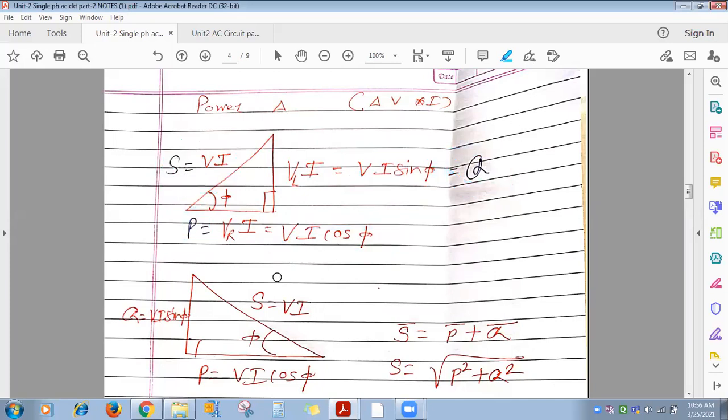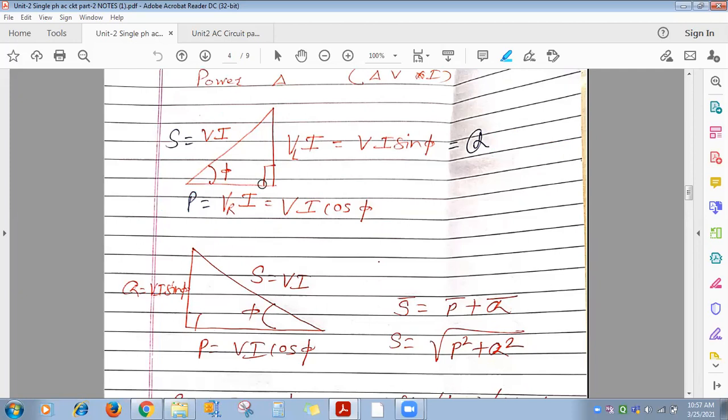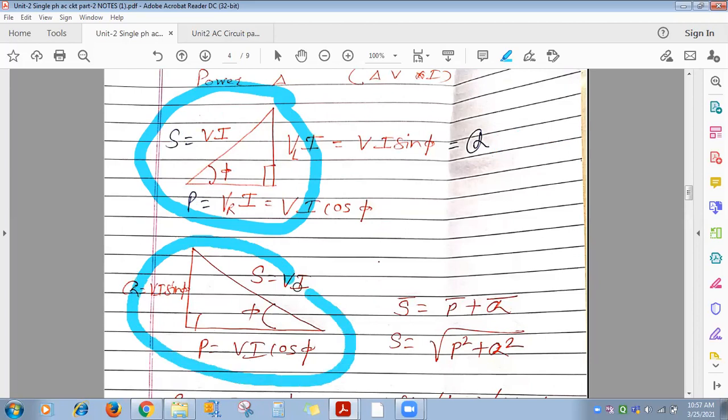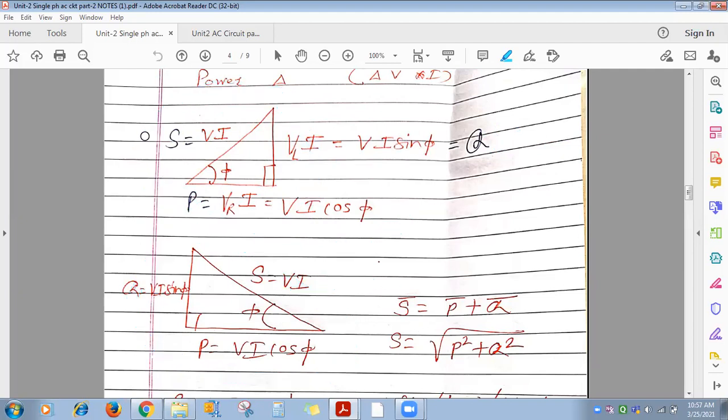Sometimes in numerical they ask you to calculate active power, meaning P you have to calculate. Sometimes they ask to calculate reactive power, meaning Q. Sometimes they ask to calculate the apparent power, meaning capital S. Got it? Yes, ma'am. So see here, I have written its mirror image also. Impedance triangle, voltage triangle and power triangle, anyone of the mirror images you can represent. This is its mirror image here. In some books you will find this one, in some books you will find that one.